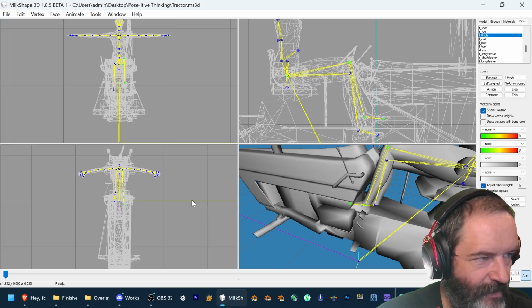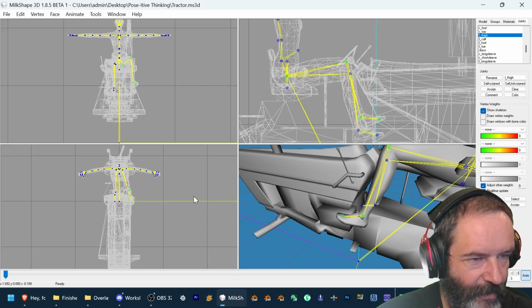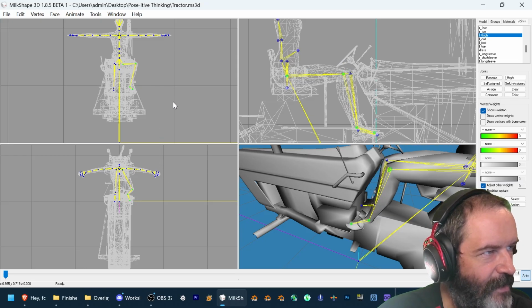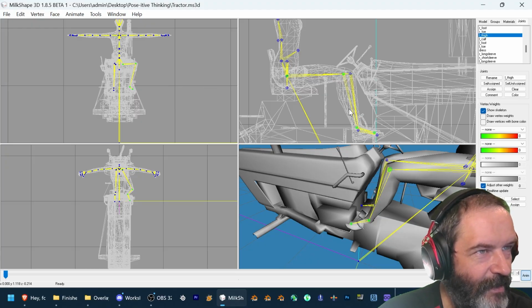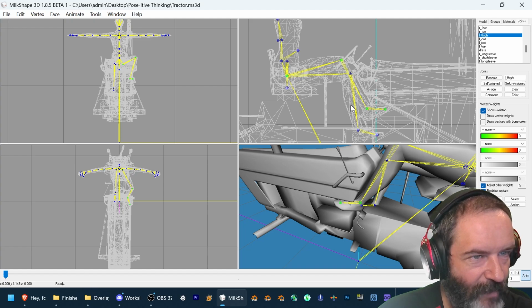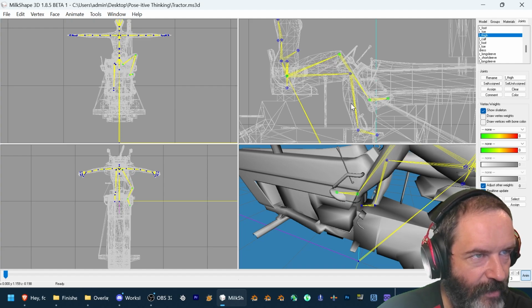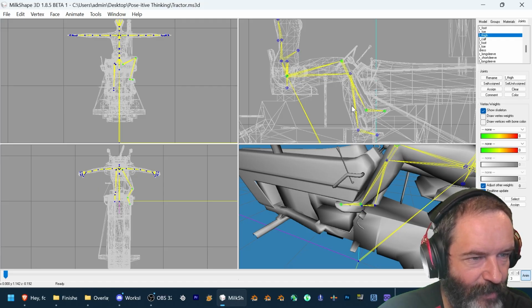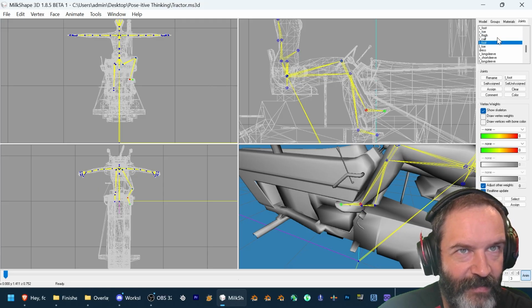Yeah, to hit the pedals, her leg has to go way out. And actually might need to roll it this way, kind of. Yeah, that's funky. If this were an actual object that I were making, I would probably reshape the tractor because it's not ideal for making poses, but that's fine because